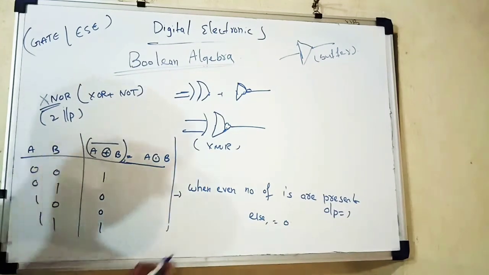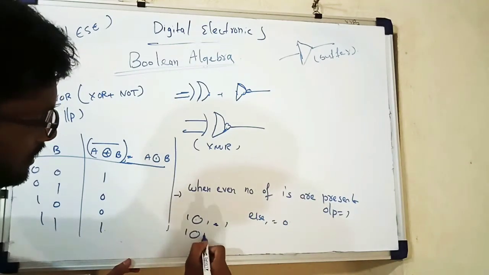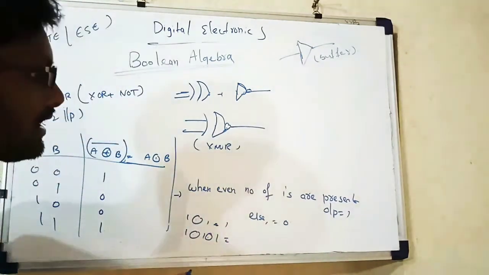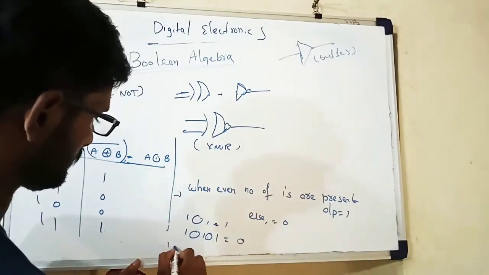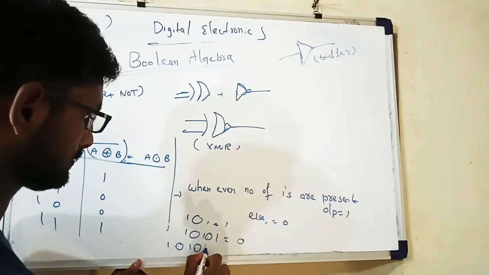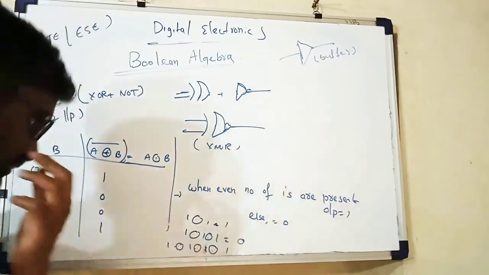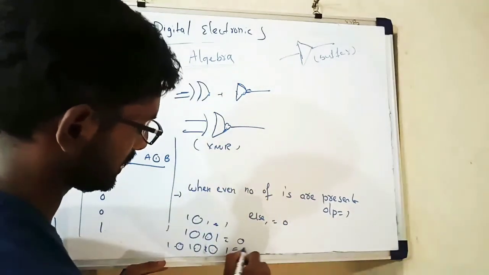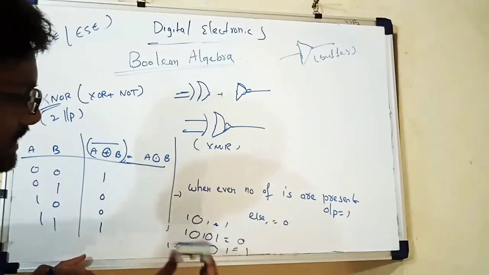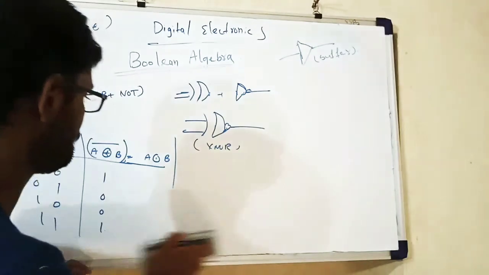For a 3 input gate, 1 XOR 1 is 2 inputs, the value will be 1. Here in total there are 3 ones. 3 is nothing but odd, so the value will be 0. For the next one, here there are 1, 2, 3, 4. Totally there are 4 ones. 4 ones is nothing but even, so the value will be 1. Only whenever an even number of ones are present in the XNOR gate, the output will be 1. In all other remaining cases, the output is 0.